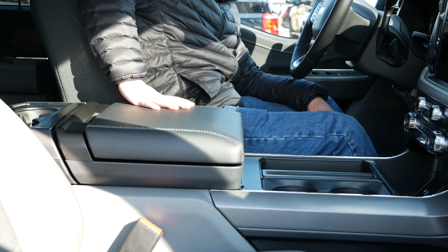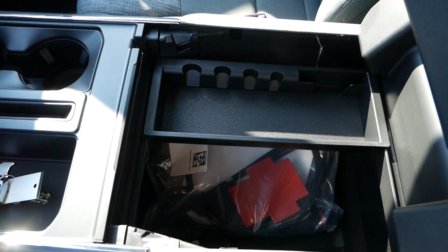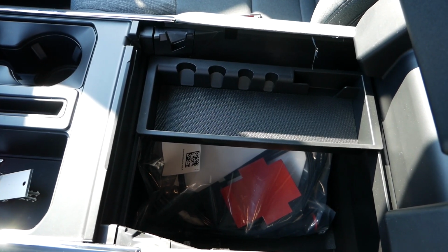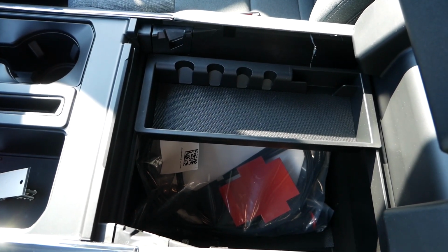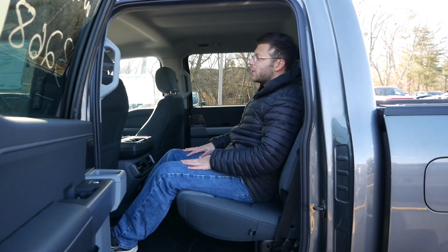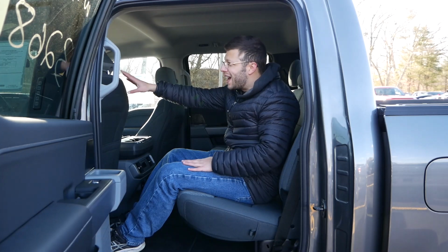And rounding out the front seating area, for the center storage compartment, you'll find more than enough room for small items or tools, and you'll have a tray for loose change or a smartphone. Now for passengers in the back, we're going to start off on the driver's side, and I adjusted this seat